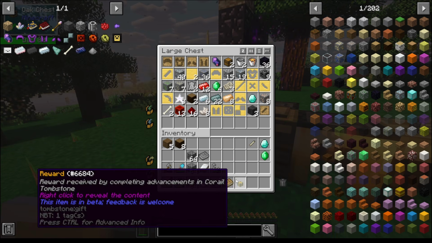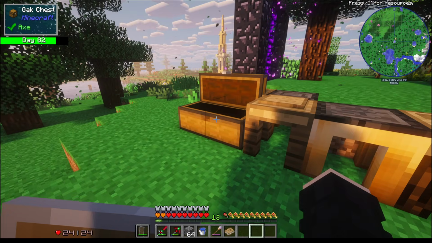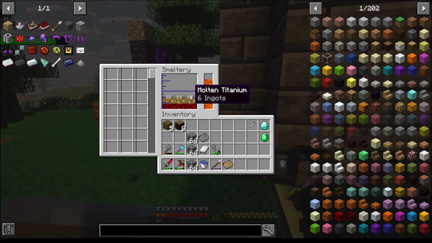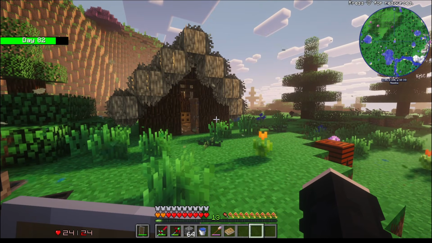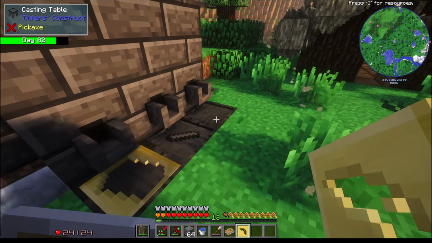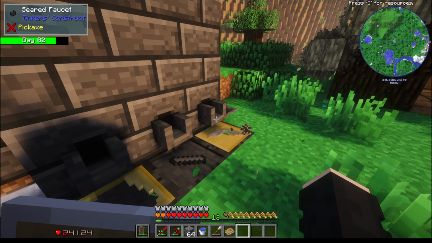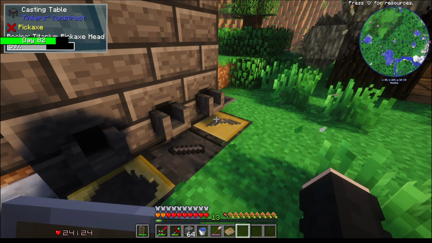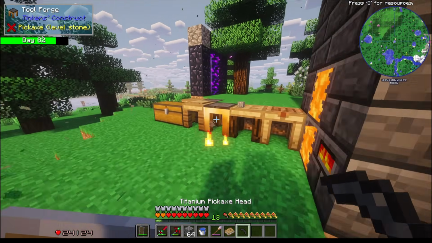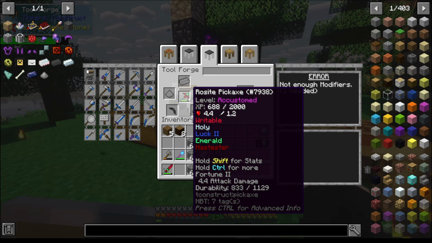Then we got a reward for something. Tombstone Soulbound, cool. Not gonna use that because I can't enchant my stuff. I still need the... I remember. I need gold. Wait, I just thought about this. So titanium sounds good, right? Is titanium cobalt level? Because if titanium's cobalt level, then I've just been doing all of this for no reason because I already have titanium. But if it's not, then I'm stupid. Not enough modifiers. I need a...